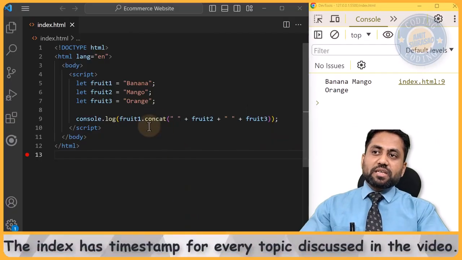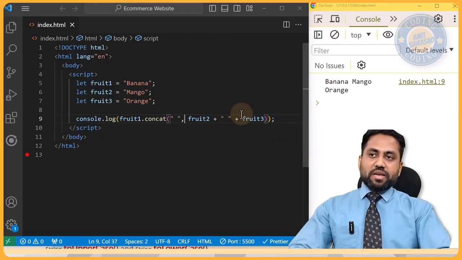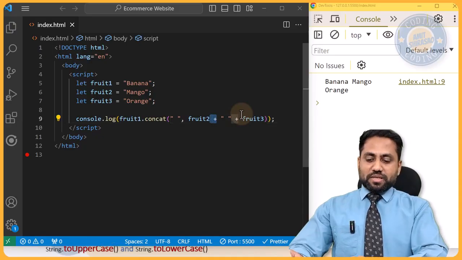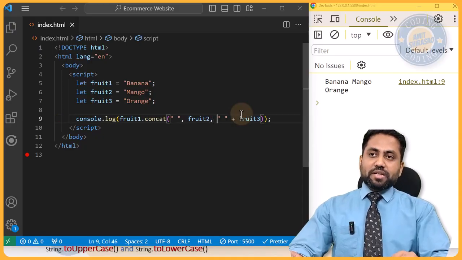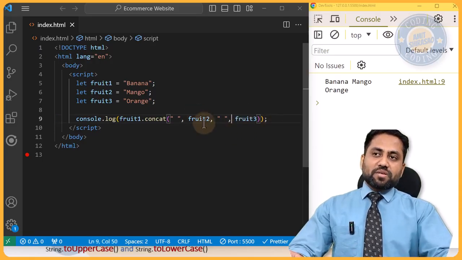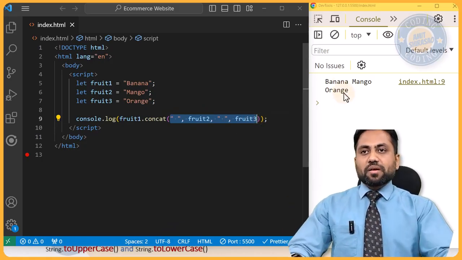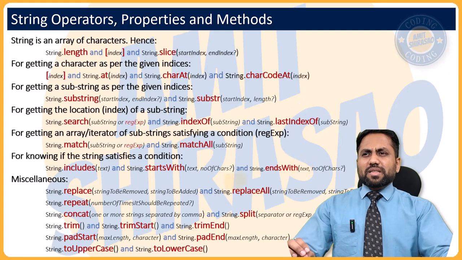Now instead of writing it like this, you can also write it like this. So it's a little intelligent. It understands that if it is a comma separated list of strings, then it treats it like a combination of multiple strings and concatenates all of them. Got the idea? This is how it is. Then